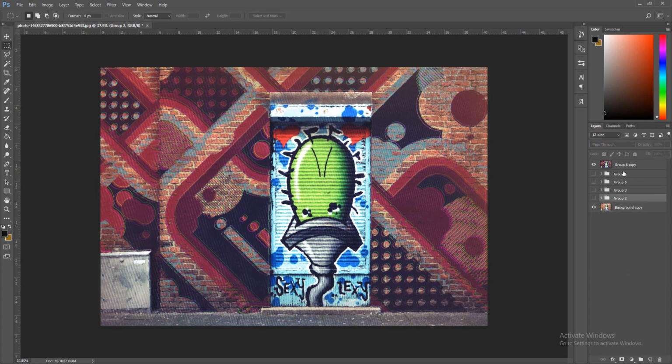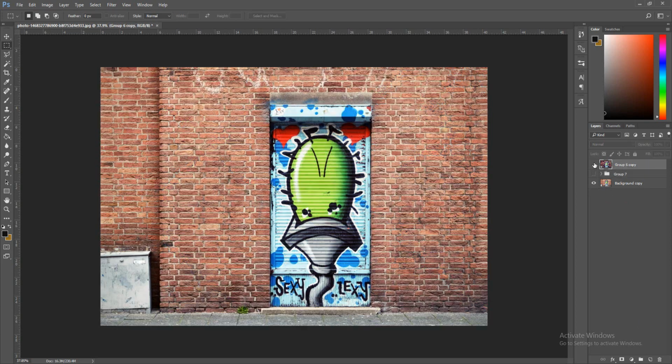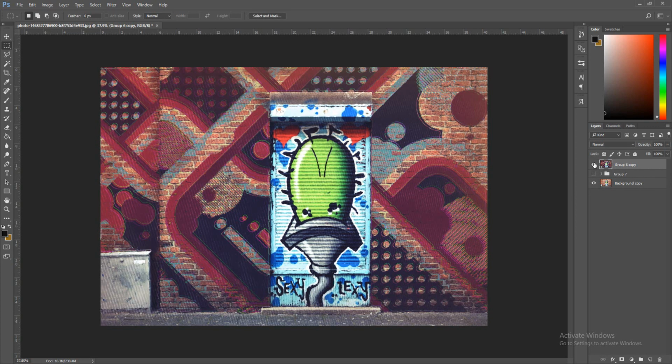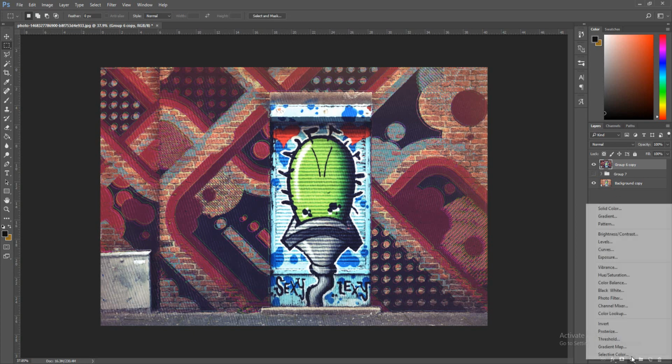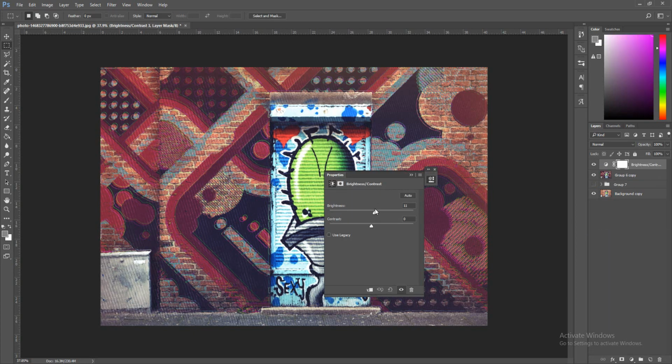So boom, I'm gonna ungroup all of these groups, and I'm gonna turn this off. So this is the after. This is original, after, original, after, original. So you can tell we definitely changed a lot with this image, and it looks great. You know what I mean? I do want to bring up the brightness really quick because it's kind of dark, and also bring down the